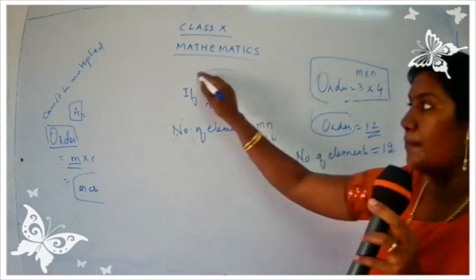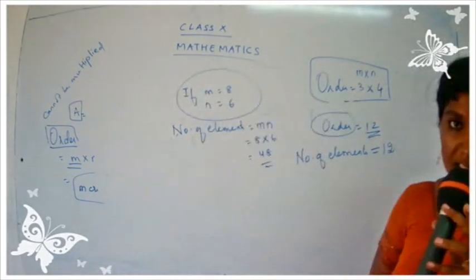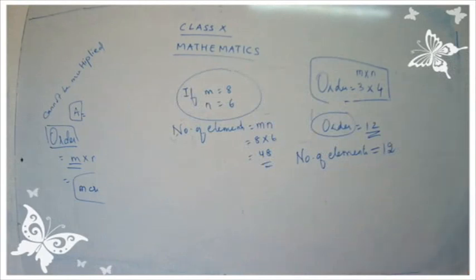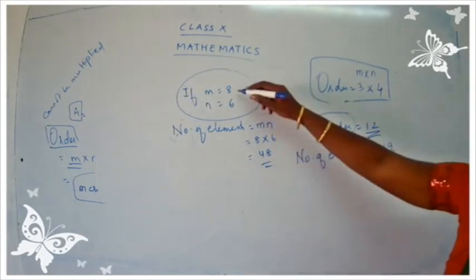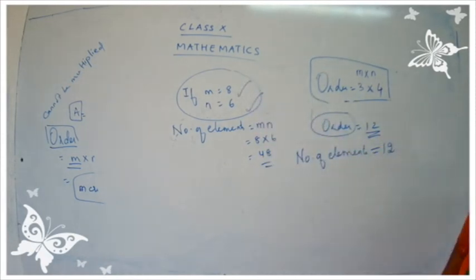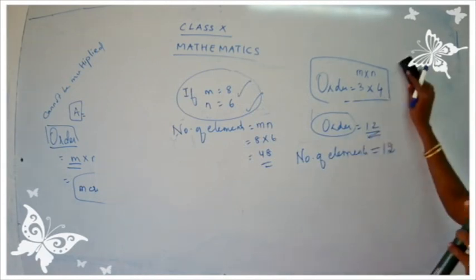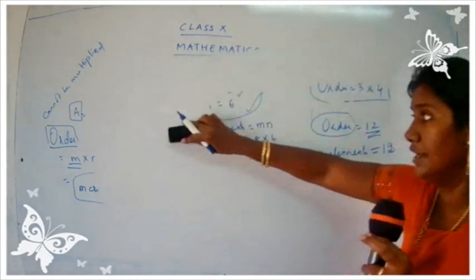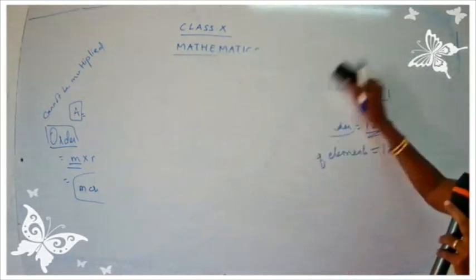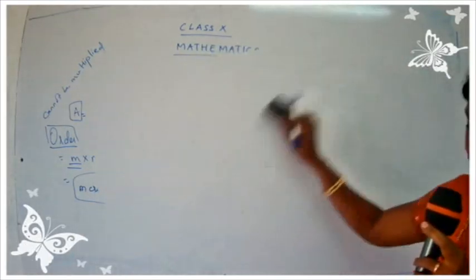Such type of questions can be asked for the multiple choice questions. So you have to be very, very clear. If the number of rows and the number of columns is given to you, you can find out the number of elements. Are you clear, children? Okay. I would like to tell you one more point, and then we will go to our classwork.